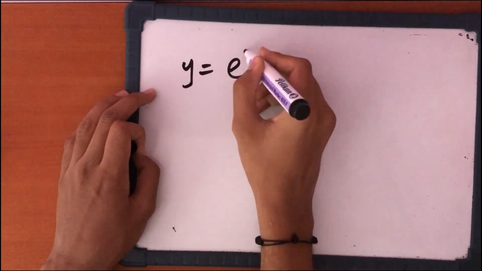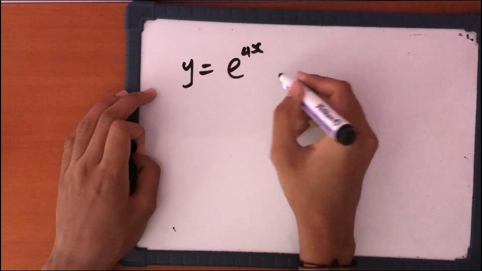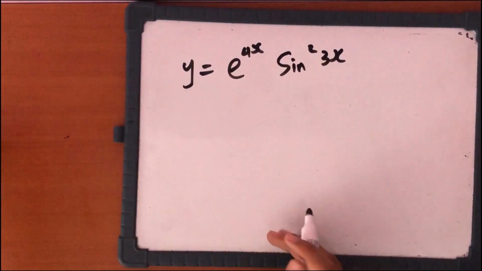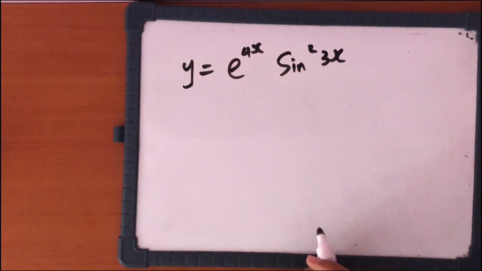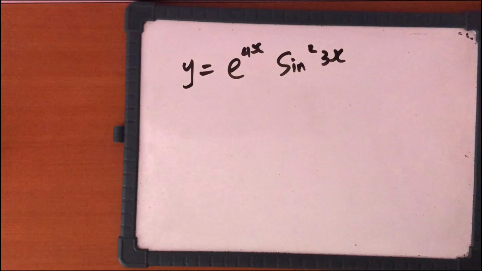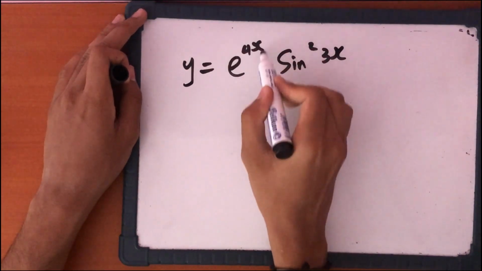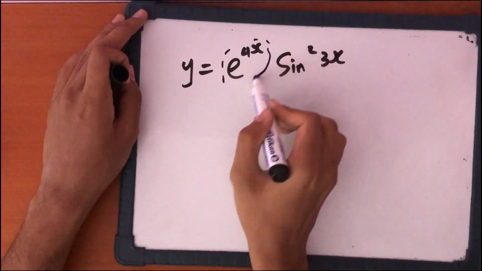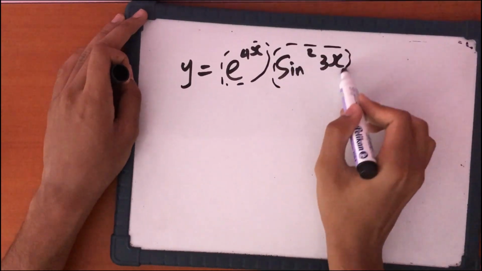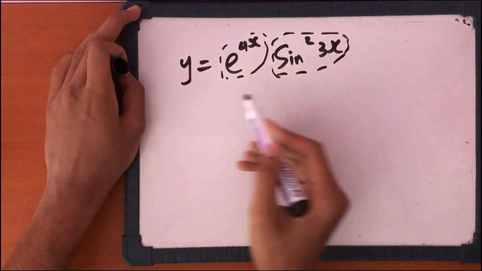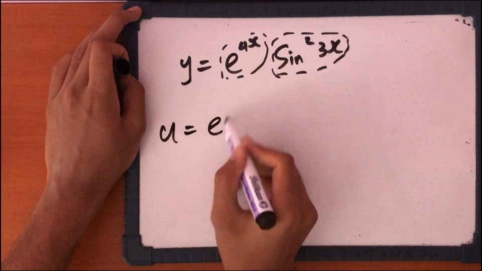y is e raised to 4x times sine squared of 3x. So now this is where it gets complicated, but it's really not. It's just a basic application of the rules we've already done. Again, here you see this function of x clearly being multiplied by this function of x. It's not function over function. It's not function inside a function. These are multiplying. So you say u is e raised to 4x